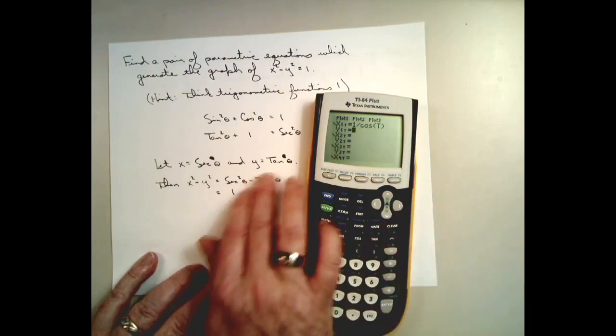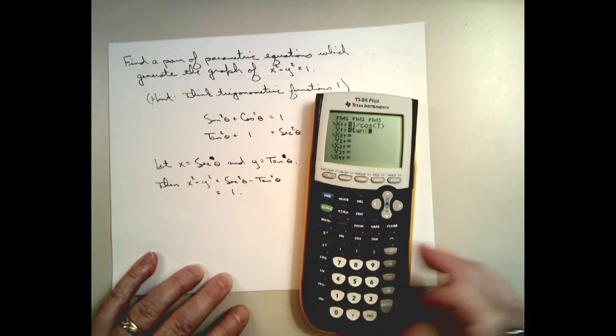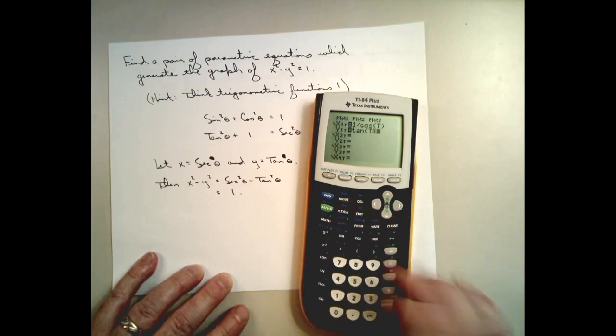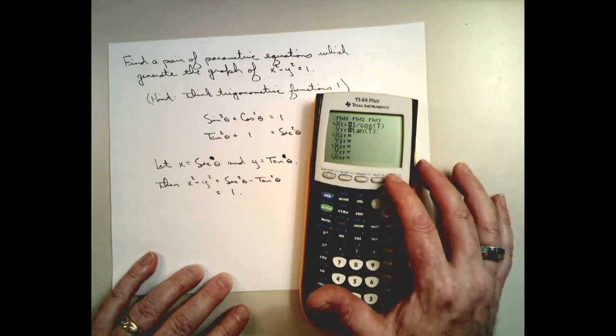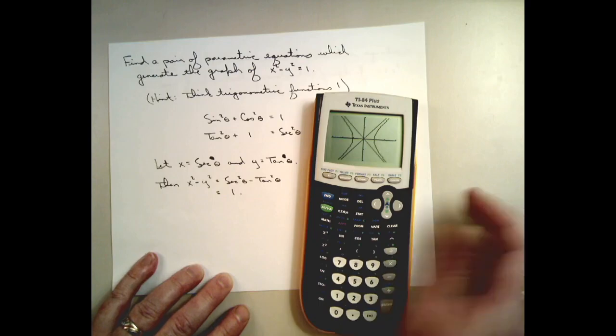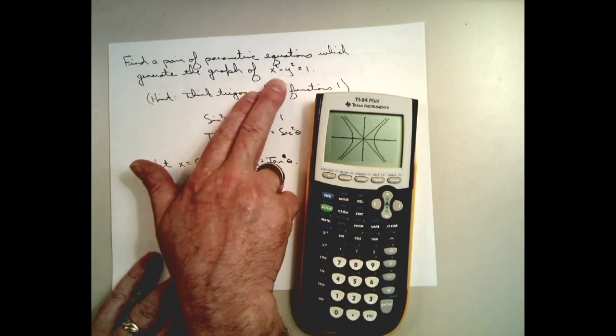Our y is tangent theta, so we can type that right in. Tangent of t. And let's hit graph and see what happens. Look at that. So we get a hyperbola, which you might have recognized